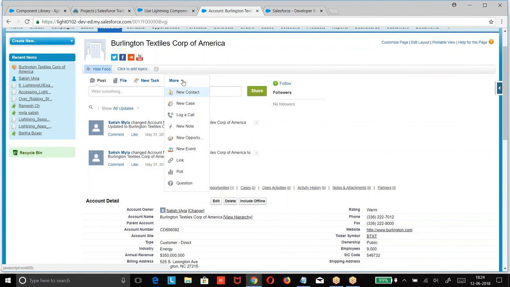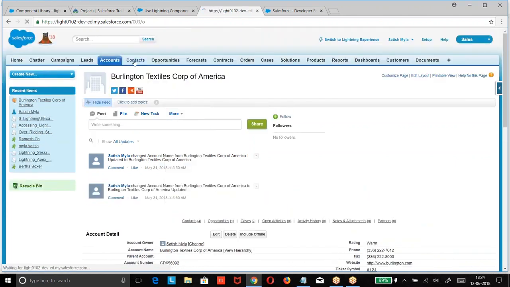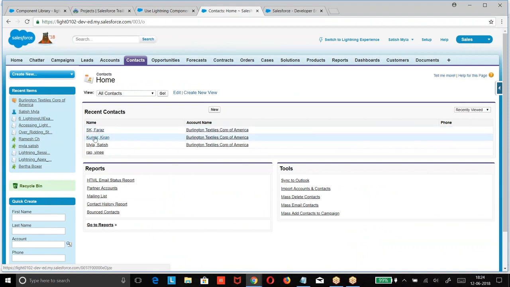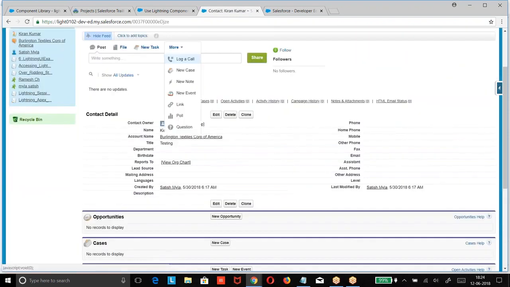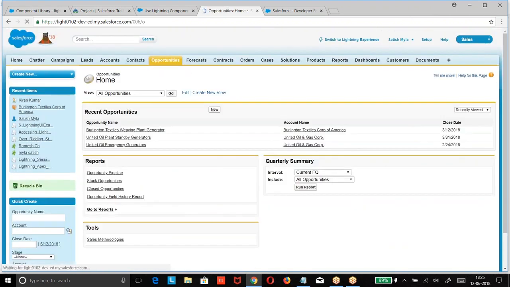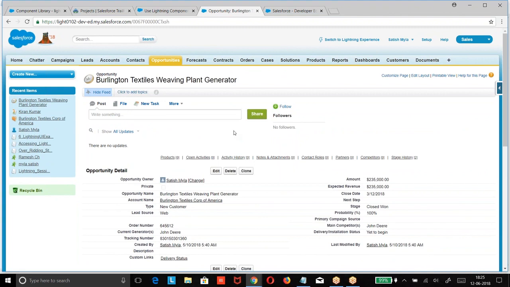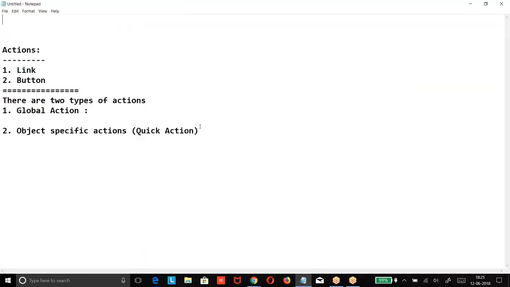I can include this action on contacts, or on an opportunity. These are global actions. Global actions are not specific to any object.